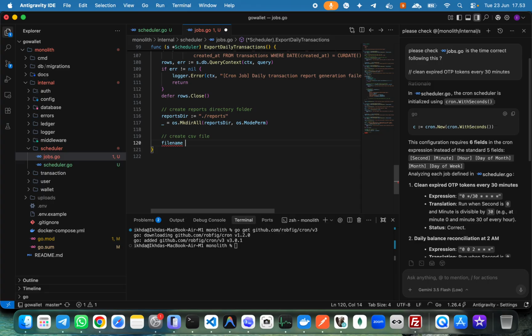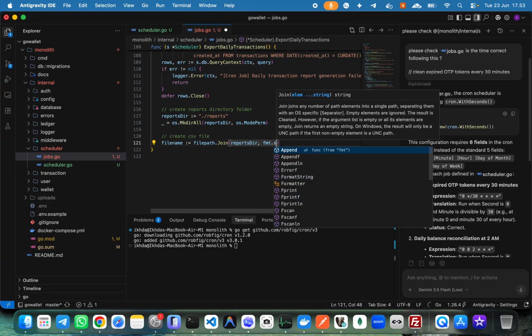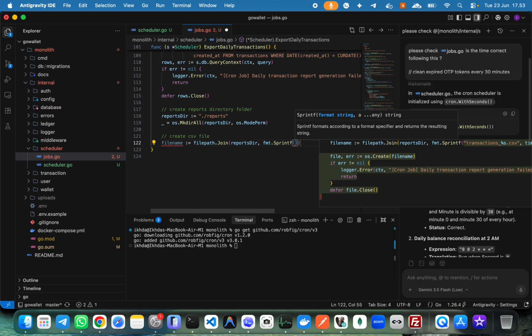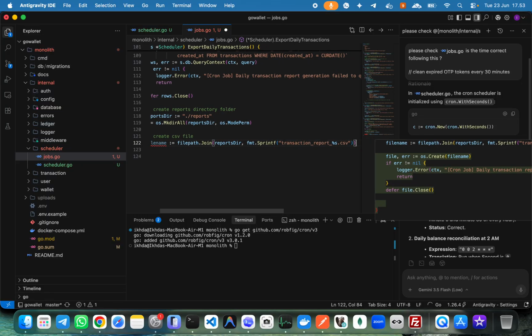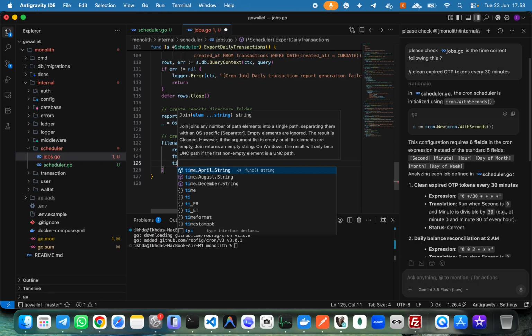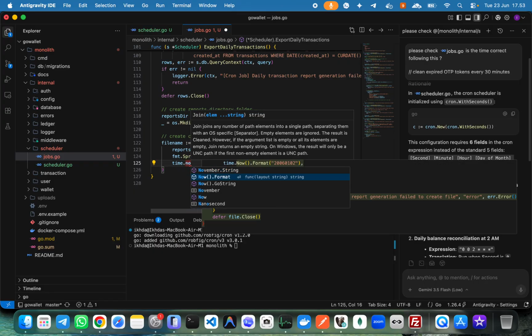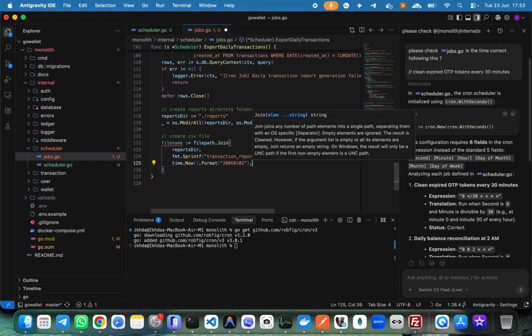File name equal to filepath.Join, and then reports directory, fmt.Sprintf transaction report %s.csv, here to make it readable, comma, and time.Now().Format 2006-01-02, and then comma. Okay,